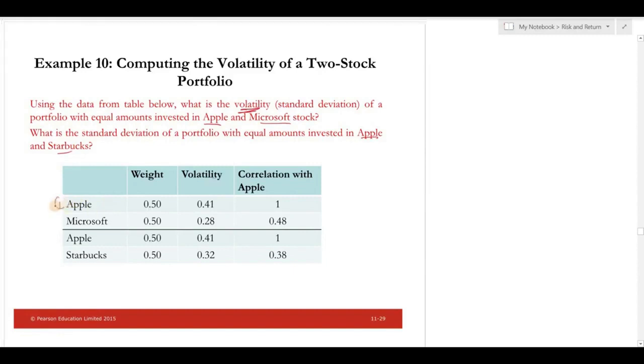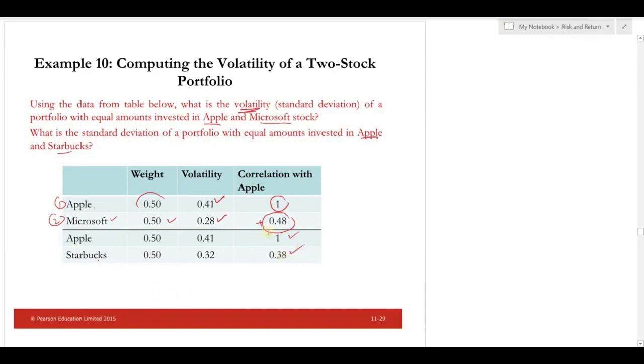Number one, the weight of investment in Apple is 50% and the weight of investment in Microsoft is also 50%. The standard deviation of Apple is 0.41 and the standard deviation of Microsoft is 0.28. The correlation of Apple with Apple is of course 100%, they are similar, right? But the correlation of Microsoft with Apple is 0.48 and it is positive. So a positive correlation is there. And Apple with Apple, of course, would be 1, and for Starbucks with Apple it is